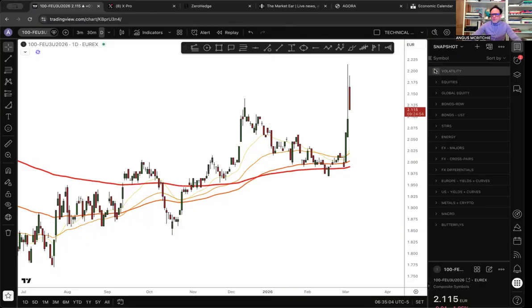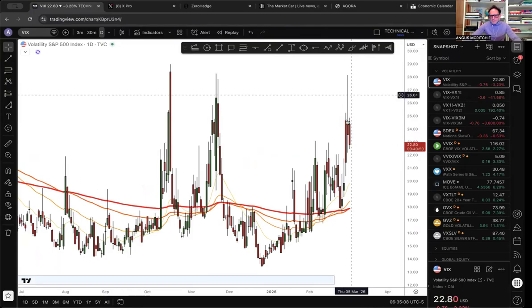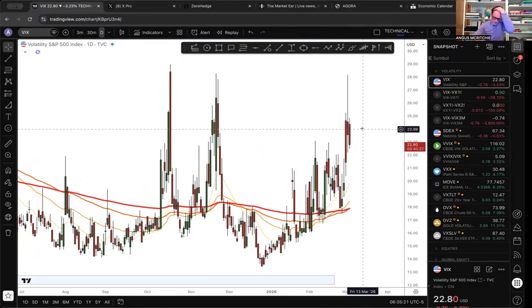Okay, so let's look at a few different charts to put this all into perspective. So again, just talking about volatility, we just looked at the VIX, and as you can see, it has come down a little bit overnight, but is still in that 22, 23, 24 range. And that's signaling, at a minimum, a 1.5% potentially implied move. And we saw yesterday the stocks sold off, then they had a nice comeback. So volatility is both ways.